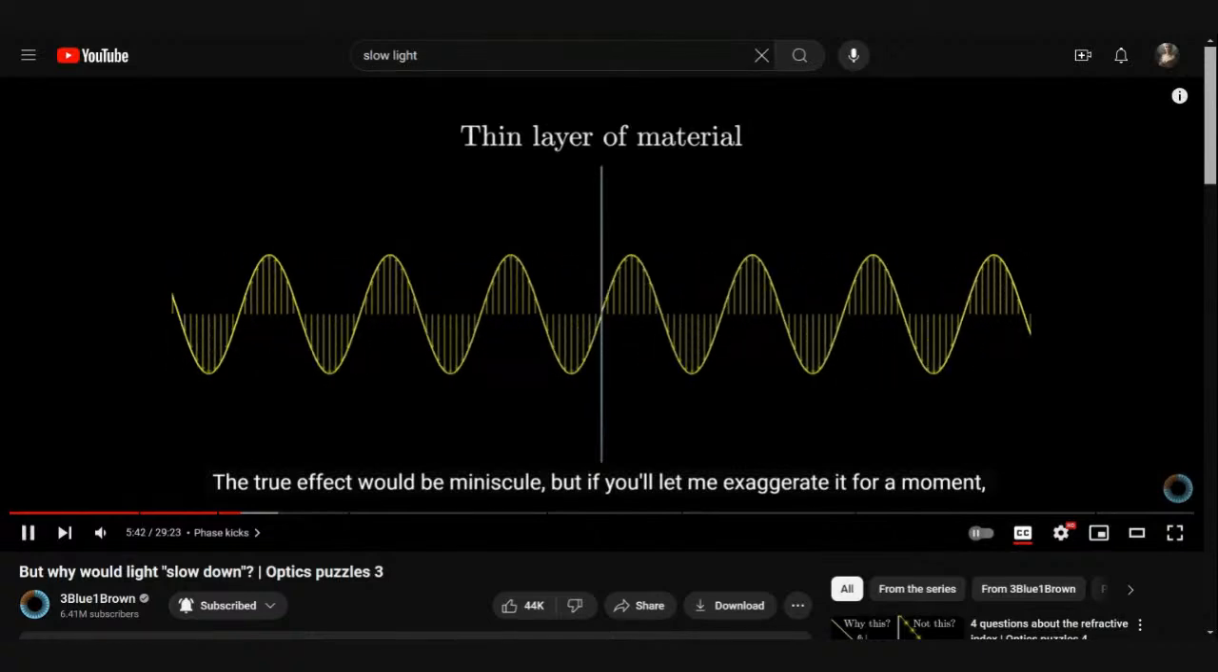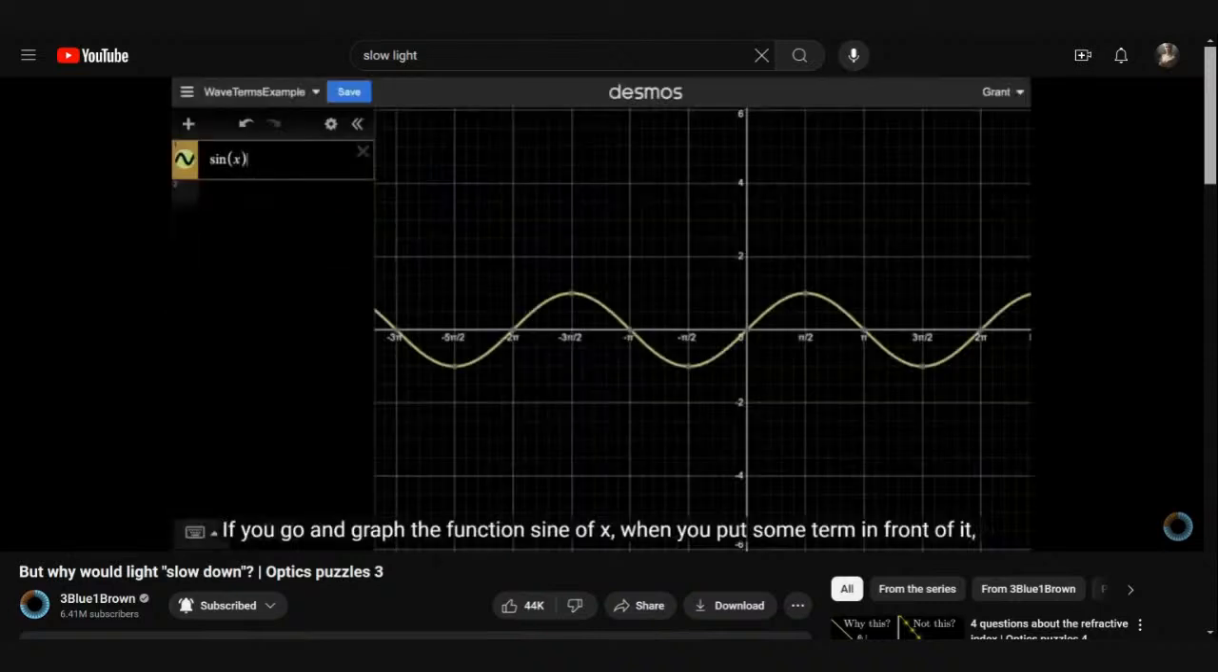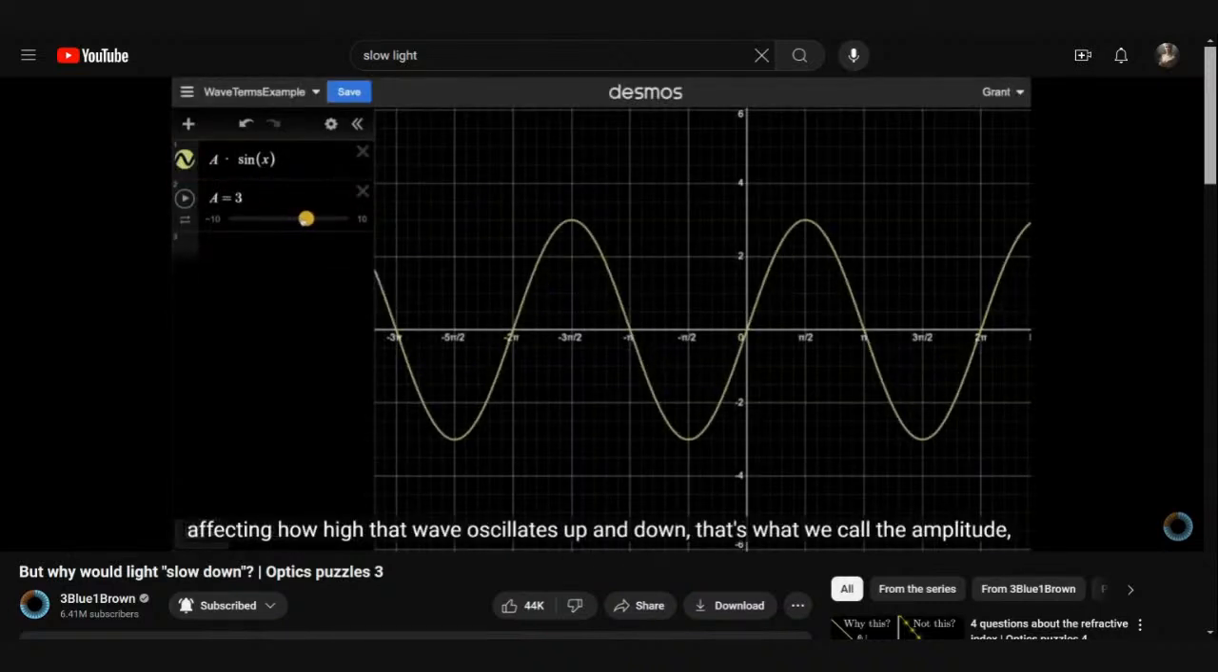The true effect would be minuscule, but if you'll let me exaggerate it for a moment, what it does is kick back the phase of the wave. And maybe it's worth a brief aside to make sure we're all on the same page when it comes to wave terminology. If you go and graph the function sine of x, when you put some term in front of it, affecting how high that wave oscillates up and down, that's what we call the